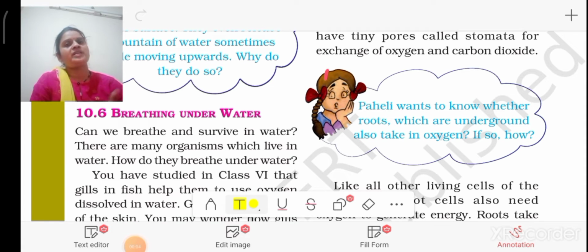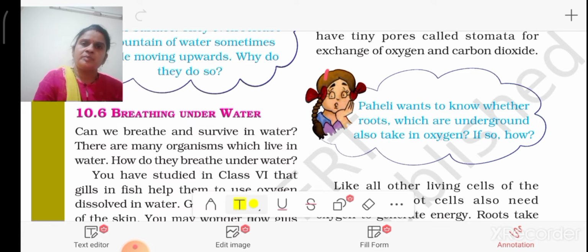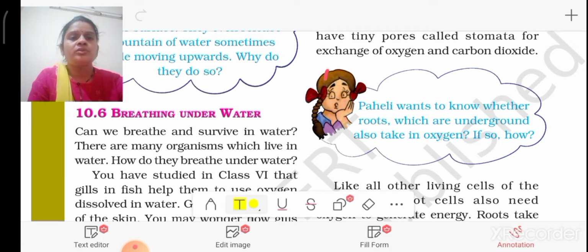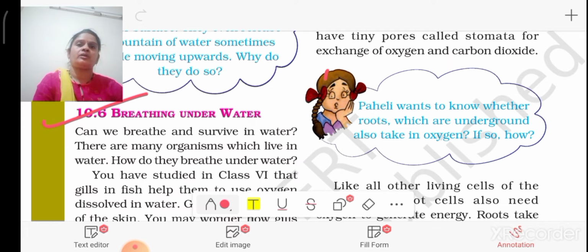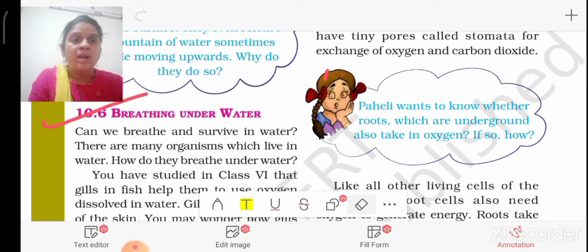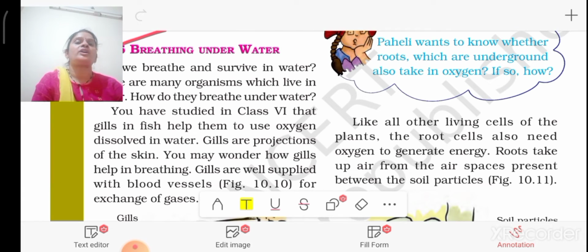As in the previous class, we covered respiration in humans and in cockroaches, and which parts are involved during respiration. Today we will continue with the same. Now our discussion topic is respiration in organisms, living organisms which are present in water, which live underwater. About them we will see how they breathe, and what organs help them to respire or exchange gases underwater, inside the water.